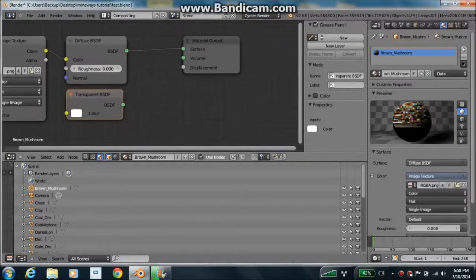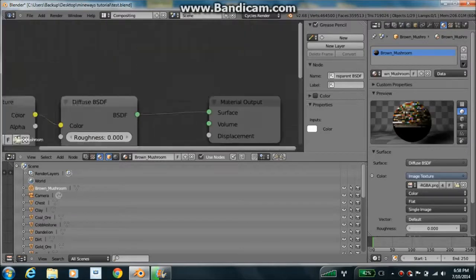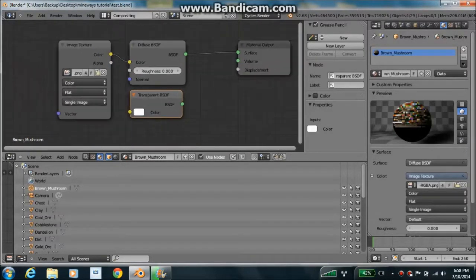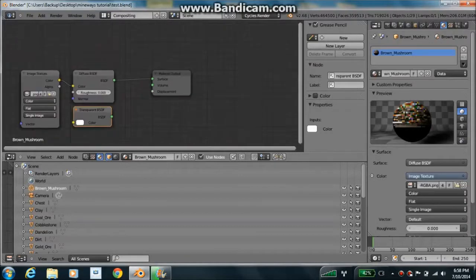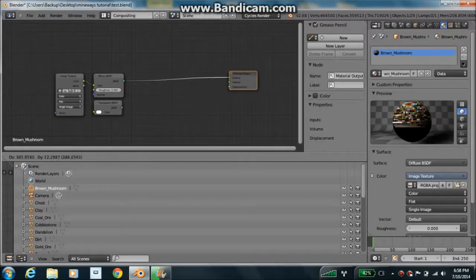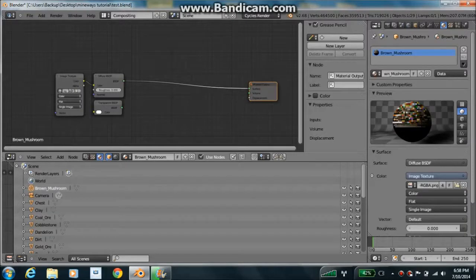To scroll in and out, use the middle mouse button to move it around like this, or pan it. Hold down the middle mouse button and move your mouse. Now, select the material output by left clicking it. Hold left click and drag it over, doesn't matter where it is. Now do Shift A,